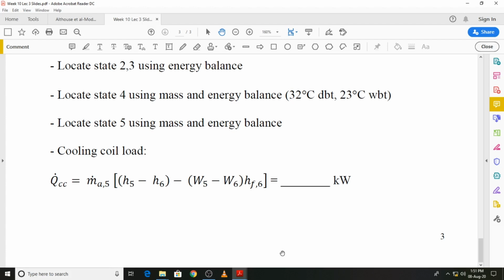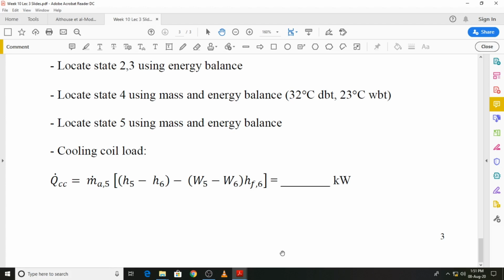State 4 is the condition of the outside air and that is given to us, so we can easily locate state 4. That leaves us with state 5, and remember state 5 is again an adiabatic mixing of two states, that is state 2 and state 4,